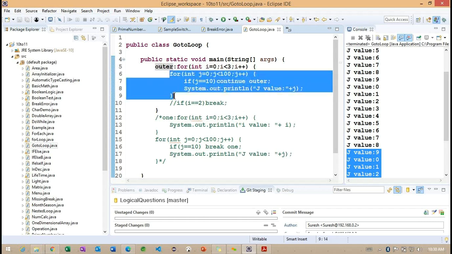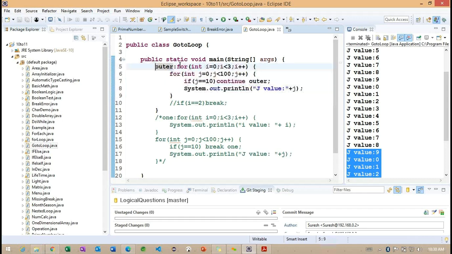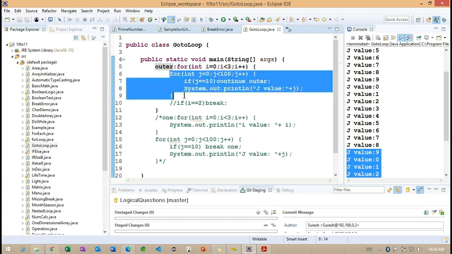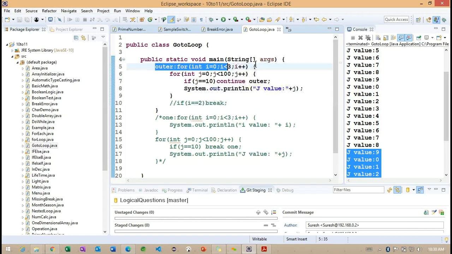Right. So this loop is terminated, the 90 iterations are terminated here. Now this is going to start: the i value is initially 0, and the j value from 0 up to 10 times is repeated. It will go back to the outer loop and the i value will become 1, because we are working with continue. So what will it do? It terminates only the current iteration, not all the iterations. Only the current iteration is terminated here. Now we are in the current iteration because we are working with outer, so we need to check the current iteration of this i value. Right. The i 0 iteration is going to be terminated.